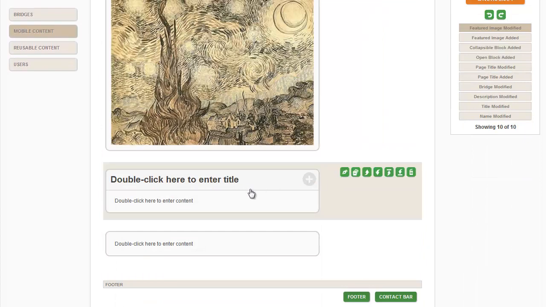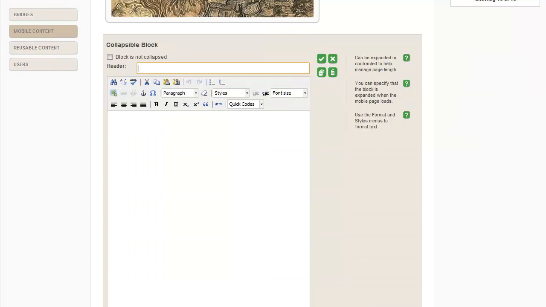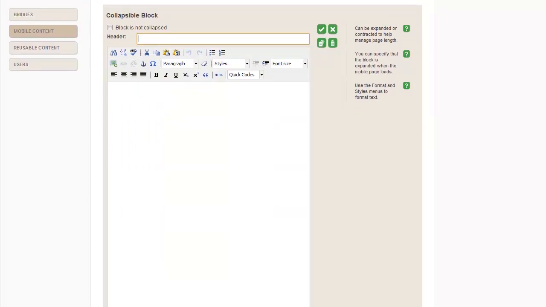The next content object is called a collapsible block. This object and the next one we'll look at, the open block, are the two workhorse content objects that you'll use to add the majority of content to your mobile pages. It's called a collapsible block because it can be expanded and contracted. That helps manage the length of your mobile page, which is an important consideration due to the small size of